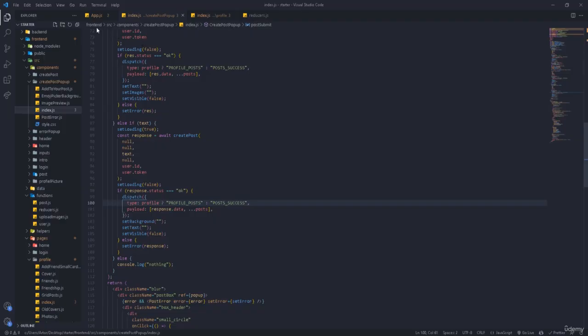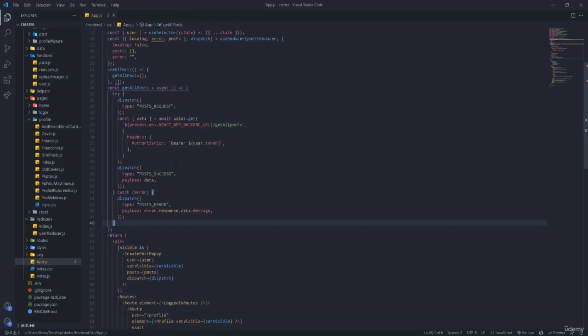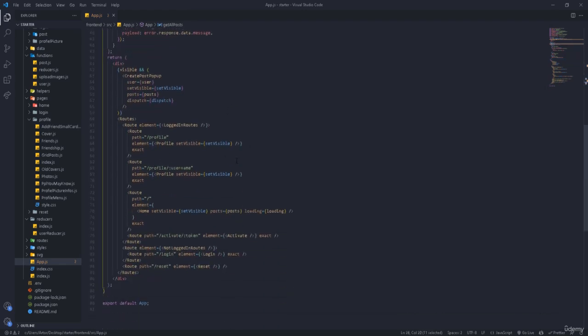So right here, we're going to go back to the app. Let me close the rest. Right here we have the function which is called get all posts. So I can take that and actually use it in every single header. It's easy, but it takes a bit of time. So we're going to go to the profile, and I'm going to pass that